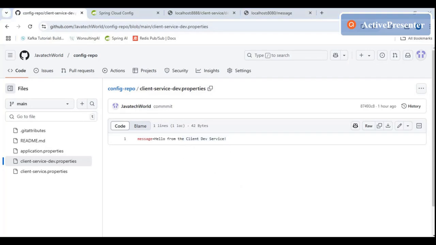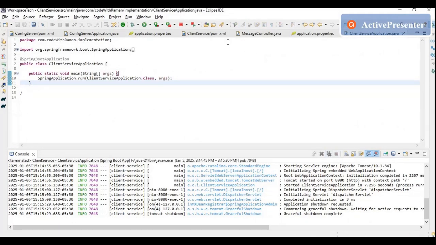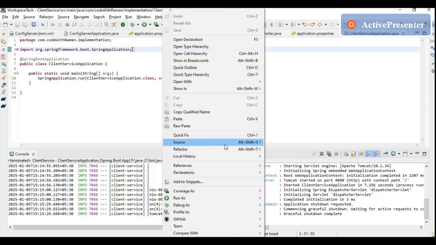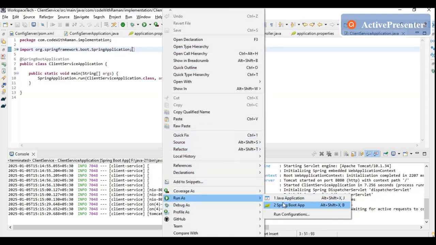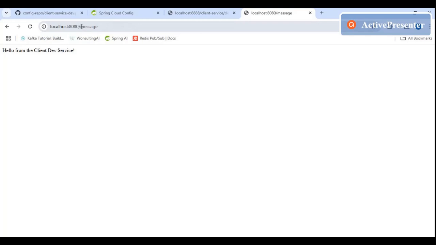To run that on dev, you have to close this application and again go to your main class, say run as, then run configuration, and in the configuration part you have to put the profile. Put the profile as dev and say run. Now if I go to this slash message URL, you can see that our message is coming from the dev file, hello from client dev service, right? So it is coming now from the dev service.